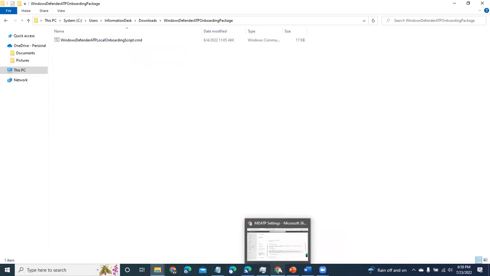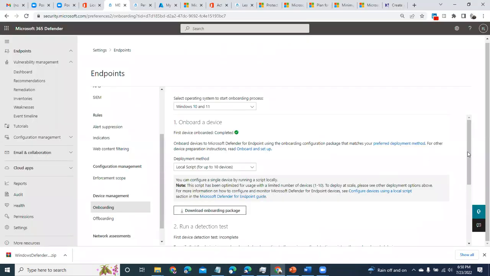I have already onboarded the system. So this is how you onboard the system into Microsoft Defender for Endpoint. There is nothing else to do. If you've pushed out antivirus, EDR, and threat and vulnerability management, you will see that this is one of the easiest deployments that will ever happen in your life. I have been there. I don't know if there's any other person that feels the pain, but I had to push out the EDR agent, the TVM agent, the antivirus agent.